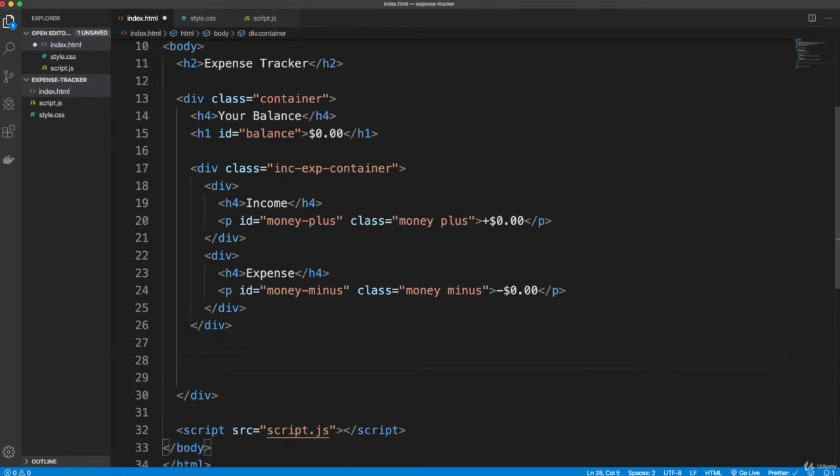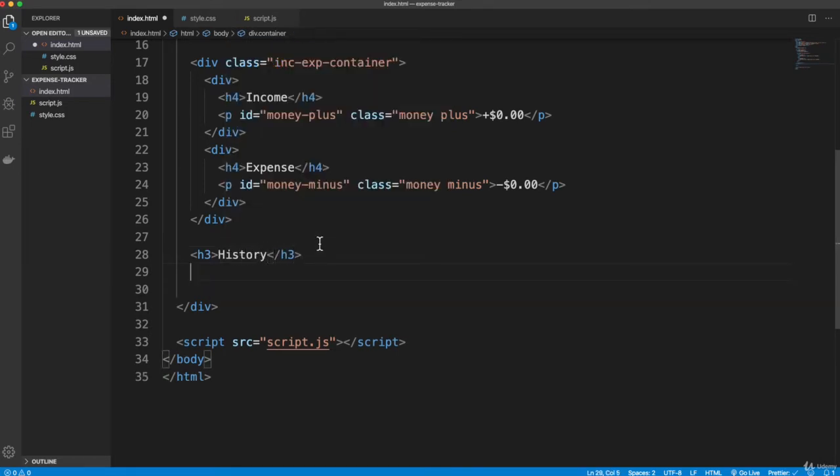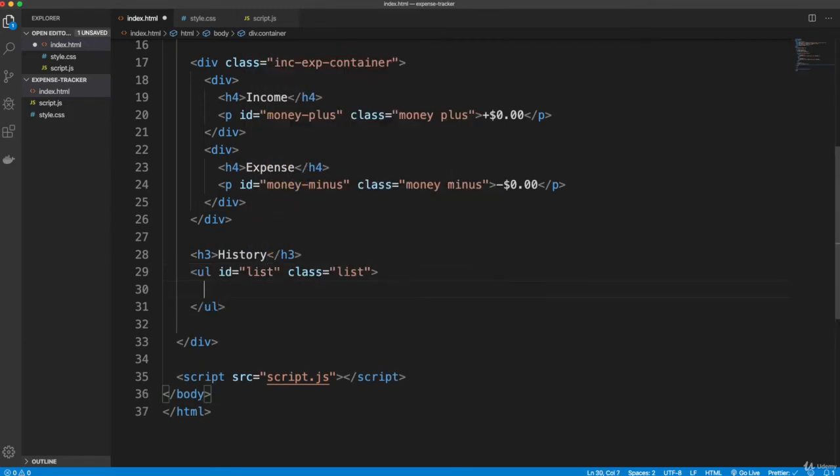So underneath that container, the income expense container, we still want to be within the main container. We're going to have our history. So let's have an H3 here. We'll say history. And in here, we're going to have a UL with the ID of list and a class of list. And this is where whatever we add is going to display, and it's going to get generated within the JavaScript,